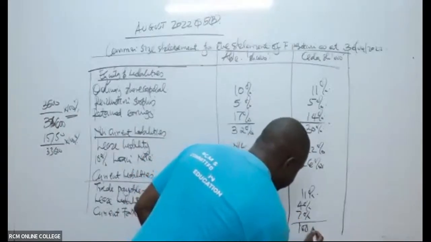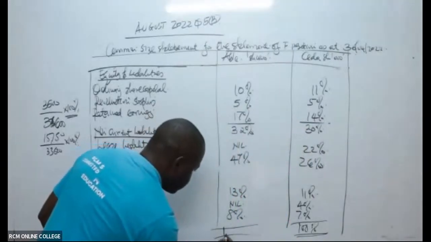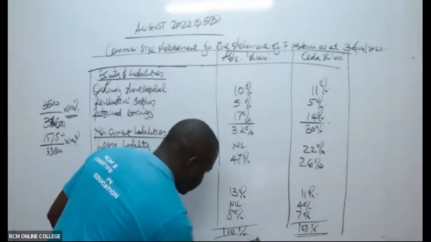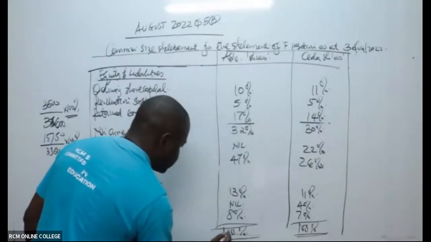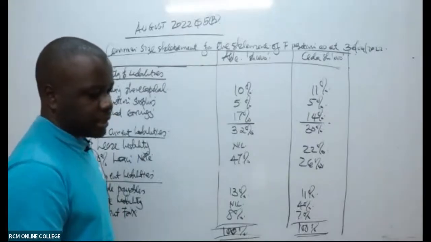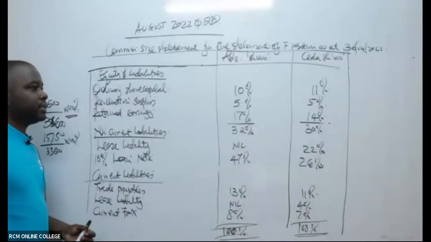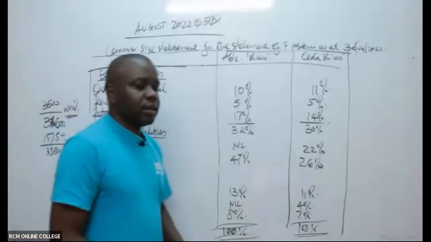If you do the total there, it should give you the total figure, so that comes to 100%. That comes to 100%, 100%. So that's why in this case, you prepare the common size statement or the vertical analysis,